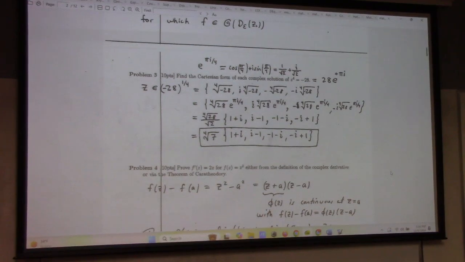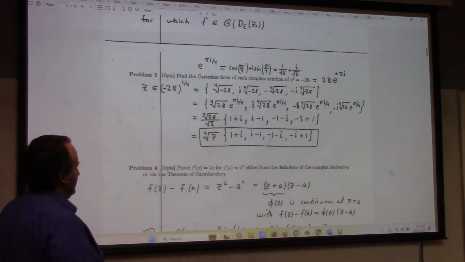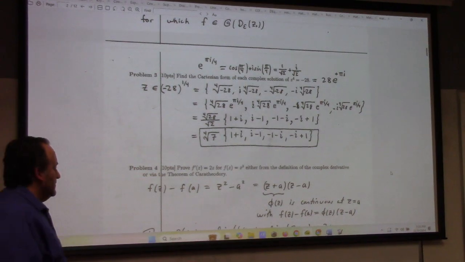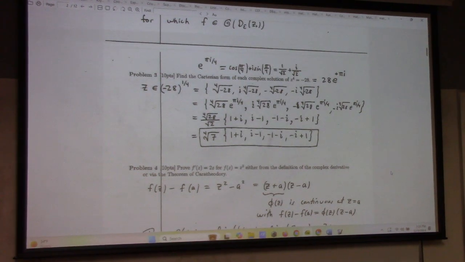Problem 3: find the Cartesian form of the solutions z to the 4th equal to minus 28. So I use the 4th roots of minus 28 for my solution. There it is. Next problem was